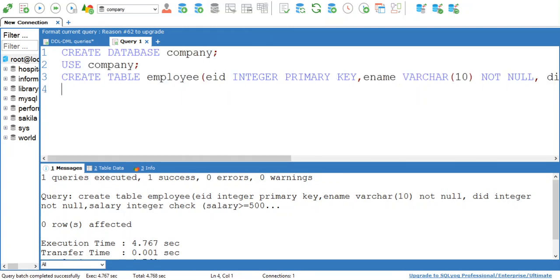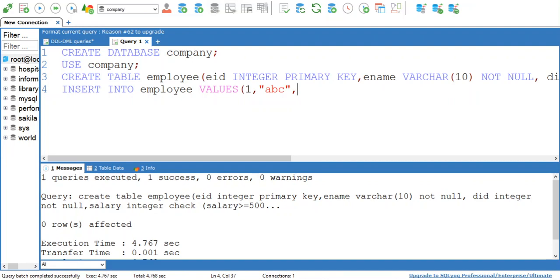First, insert the first row by using the query insert into employee. Then write the keyword values, and then specify values for all the attributes. My employee ID is 1, then the second is ename, which I have given as ABC for example.